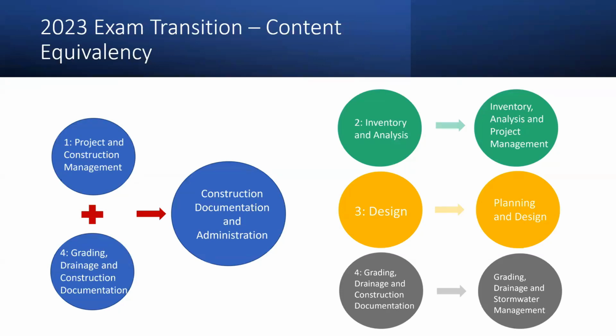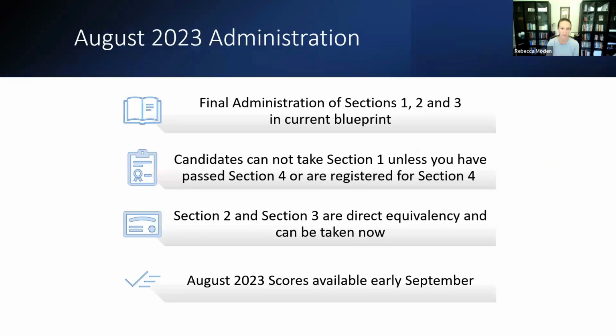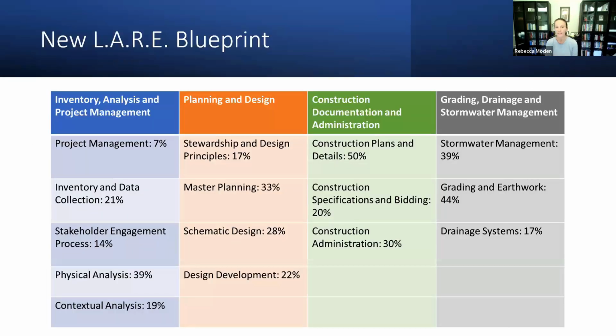It says, to clarify, there's still 4 exams. I guess there's confusion if there are 4 exams. They're not sure if you mean there are no more than 3 sections. I think there's a confusion on the changes of what you're displaying here. Yeah, absolutely. So let's go to the blueprint. Sorry, we'll jump around a little bit on the slides. This is the new blueprint. So there will still be 4 sections, and these are the 4 moving forward starting in December of 2023.